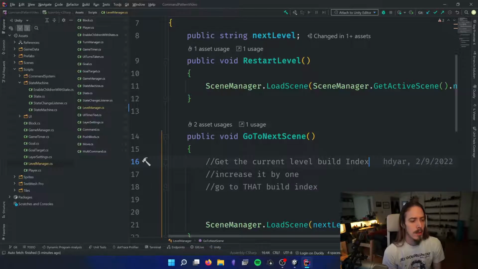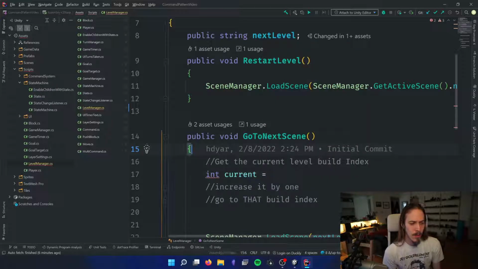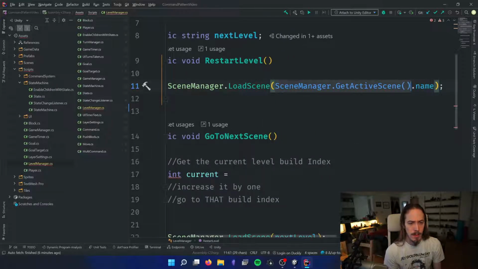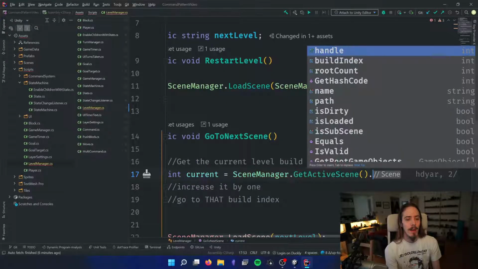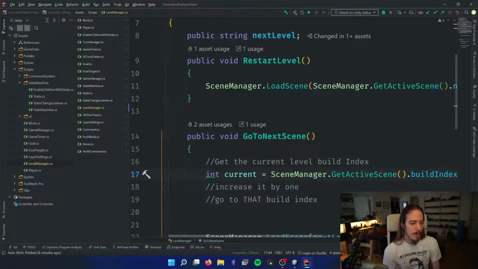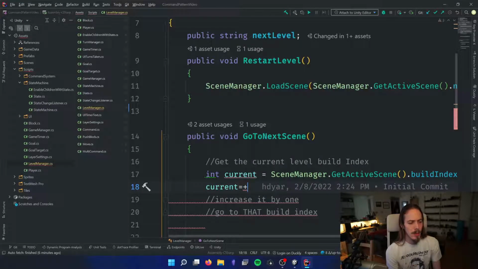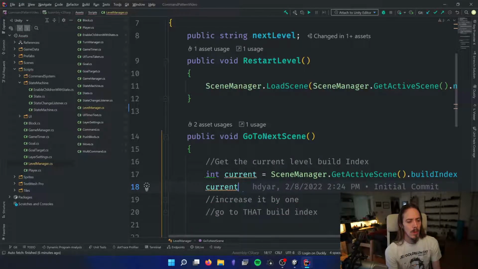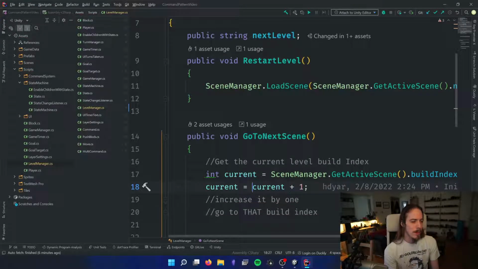So to get the current level build index, we're going to use this SceneManager.GetActiveScene function, but instead of calling name, we're going to call .buildIndex. Great. And then to increase it by 1, we could type current++ or current plus equals 1 or current equals current + 1. But I'm actually going to do